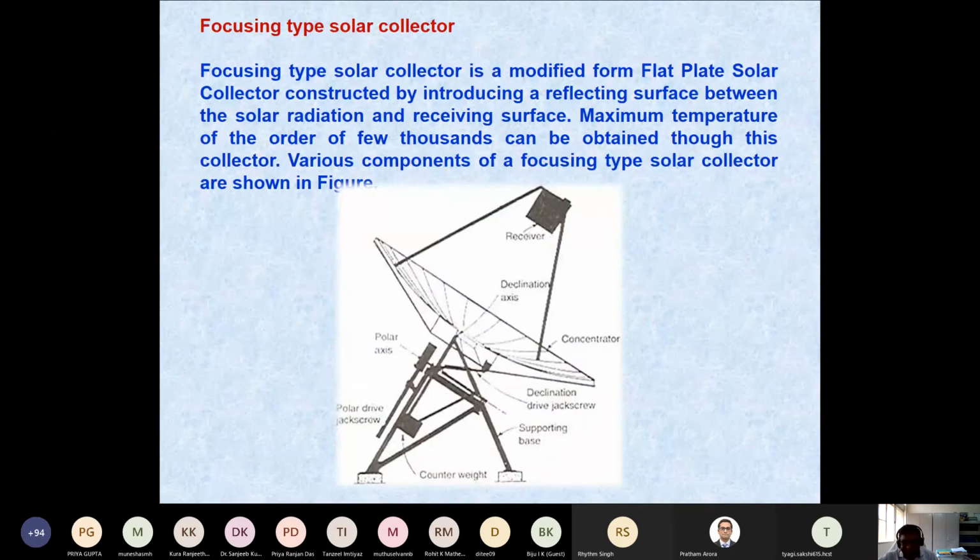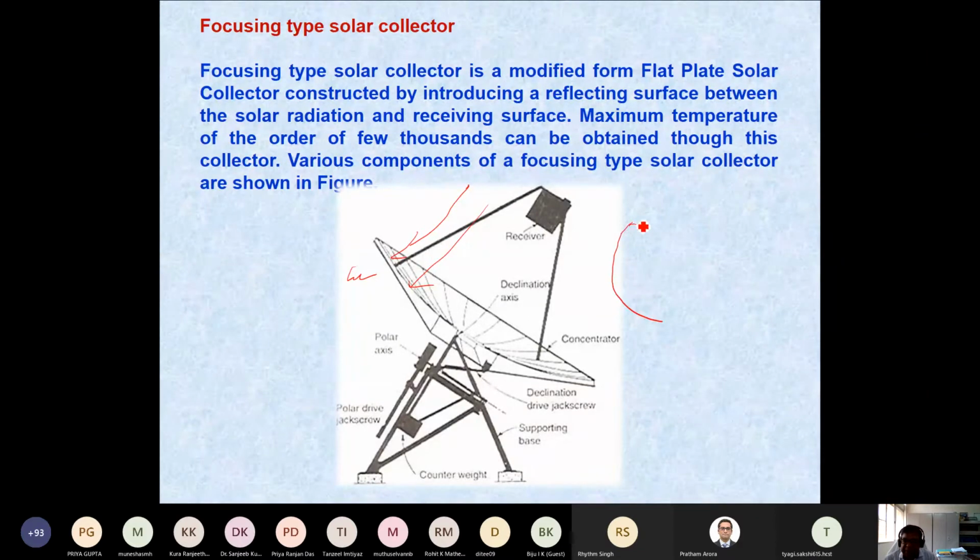Let me go faster. This is a focusing type solar collector. It is for high temperature, and basically it is a modified solar collector. If you modify this with this, what is that? In that case, we have a receiving surface, a receiver. We call this the concentrator. So the solar radiation, of course, the concentrator has to have some curvature,